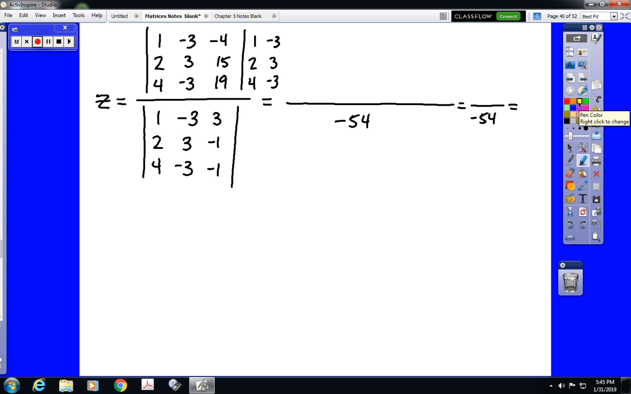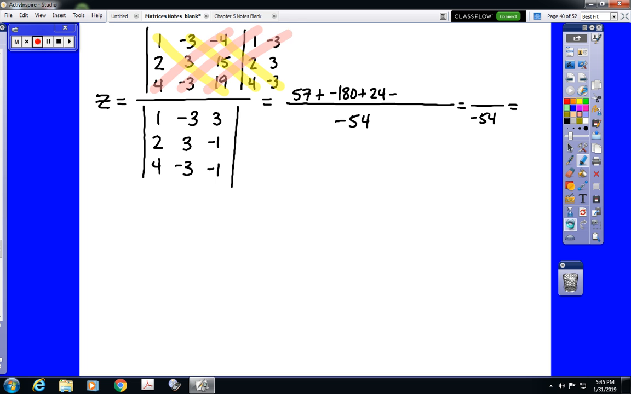So I know this video is getting a little lengthy, and I appreciate you staying with me. We've got 3 positive diagonals to multiply out. 1 times 3 times 19 is 57, plus negative 3 times 15 times 4, which is negative 180, plus negative 4 times 2 times negative 3, which is 24, minus, and we've got our 3 upward diagonals,